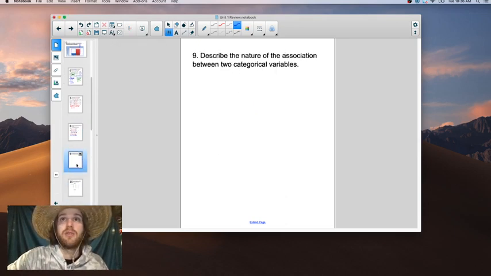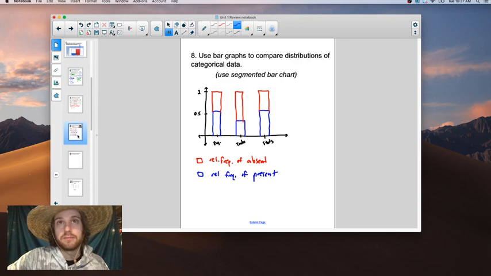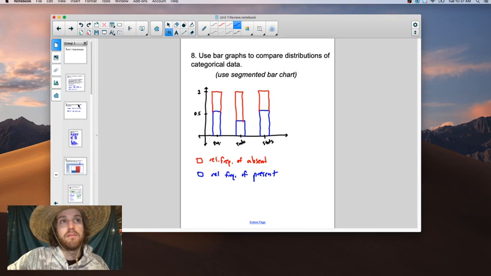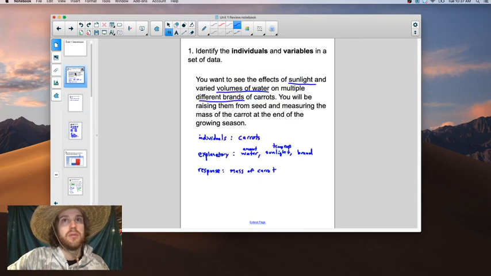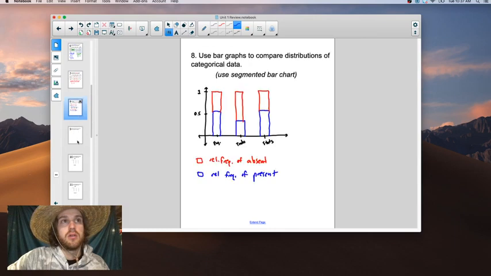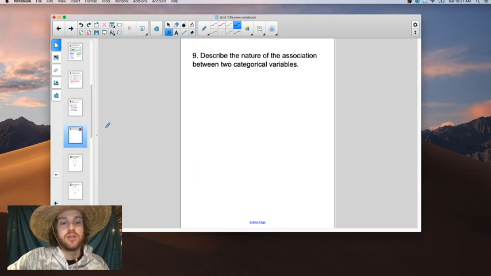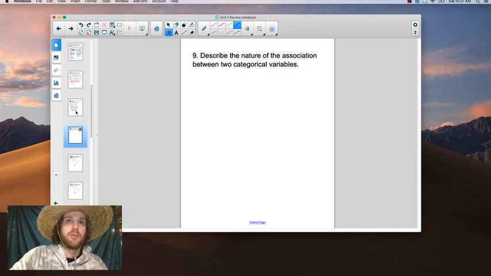Okay, let's see. Describe the nature of association between two categorical variables. Okay, so I think what it's saying here is basically, is there an association? Do you see that, for example, students that, if it's a class that is